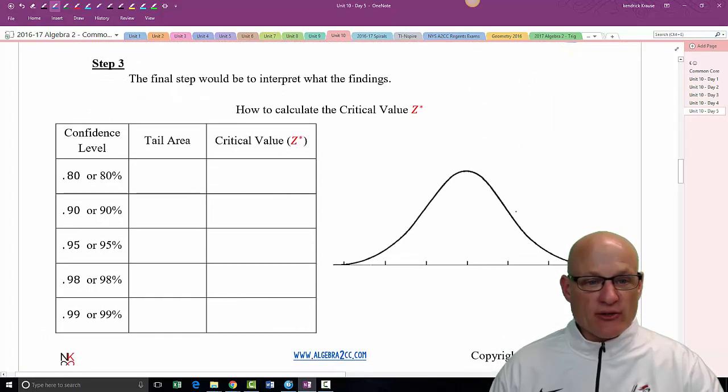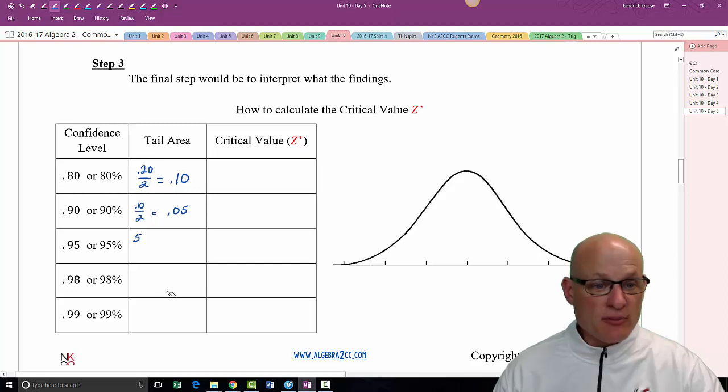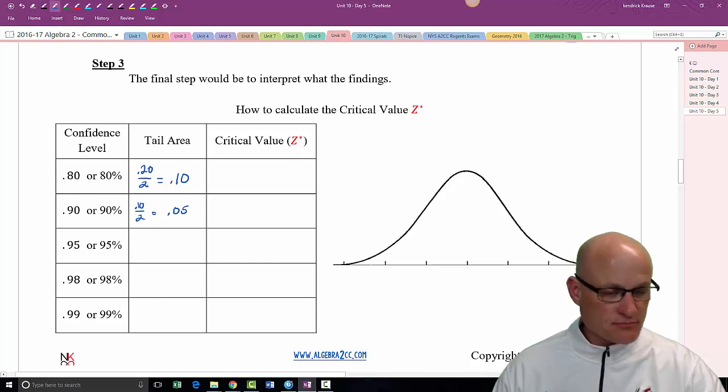So here's what I want to do. 80%. That means my tail area is 10%. Remember, it's going to be 0.20 divided by 2, which is 10%. In this one, we're missing 10%, so we're going to take 0.10 and divide by 2. That means the tail is going to be 5%. In this one, we're going to take 5%, or 0.05,